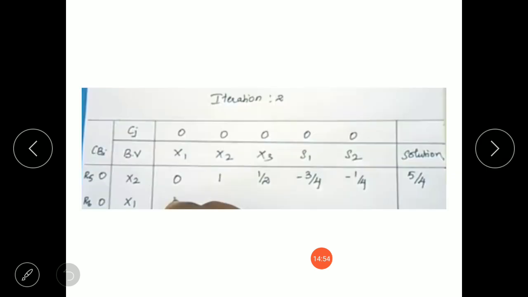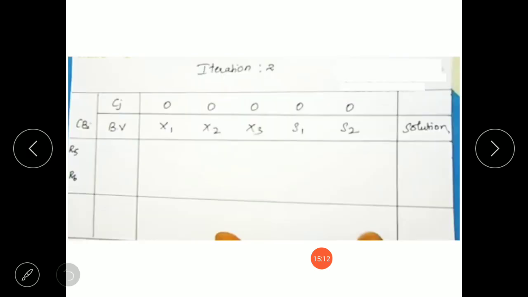So I have written x2, and how do we fill the elements corresponding to x2? It is the same formula, that is old values divided by key element.